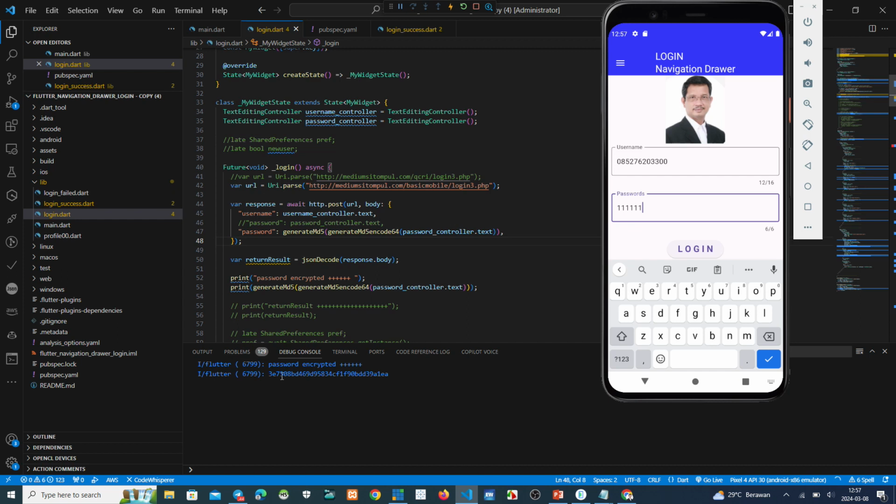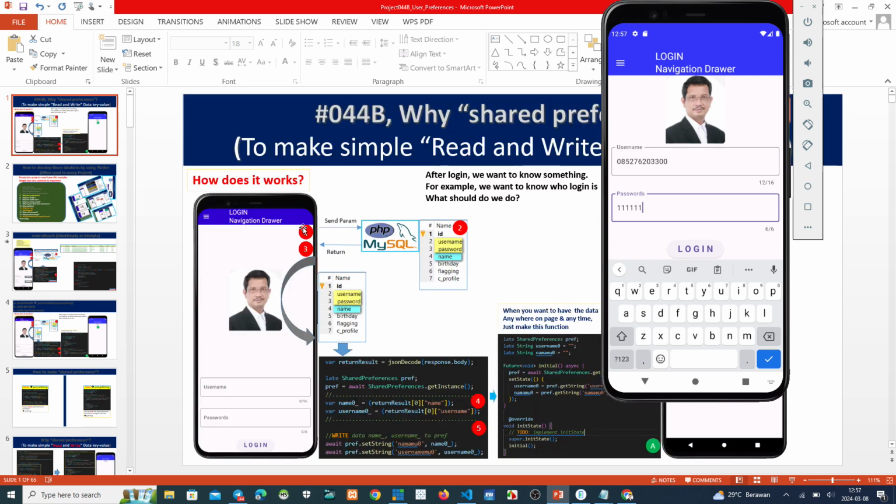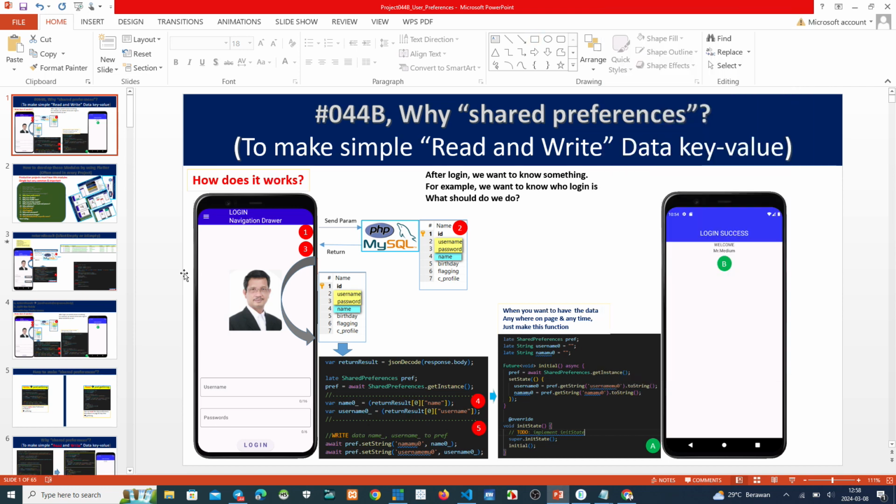You can send this username and also the password to the backend script. You can send the parameters username and password to the backend, and after that you run the script on the backend. Where is the backend script?